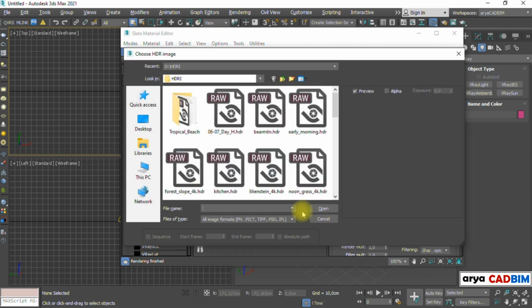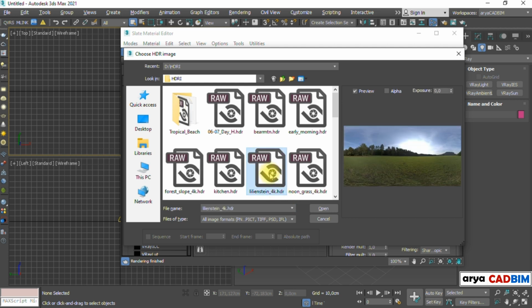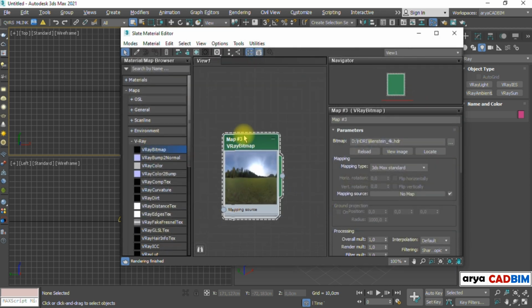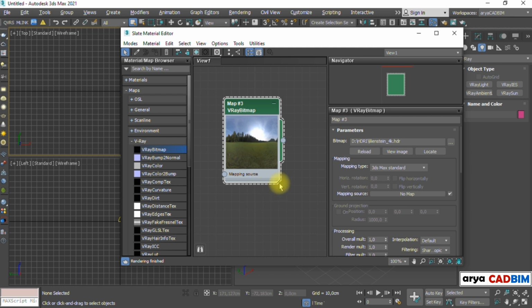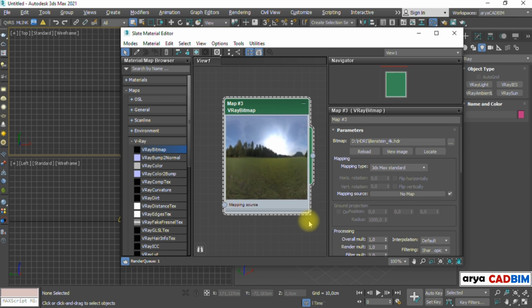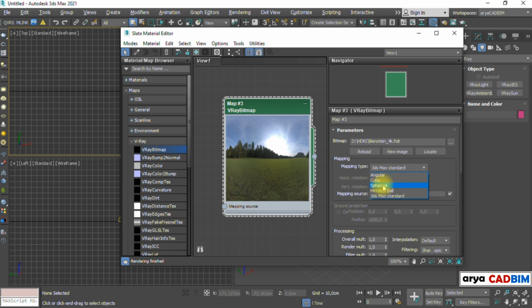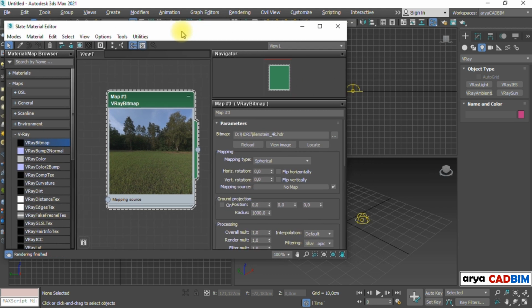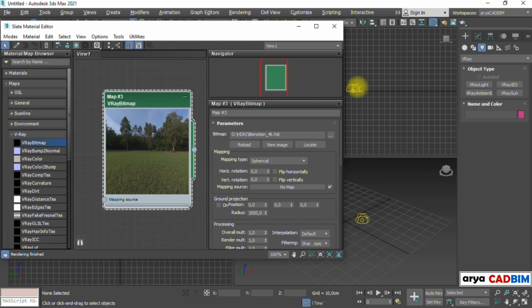Locate your HDRI map folder. I will use this one. Click Open. Choose the mapping type as spherical. Now, we need to assign it as the dome light texture map, and then as the background environment map.